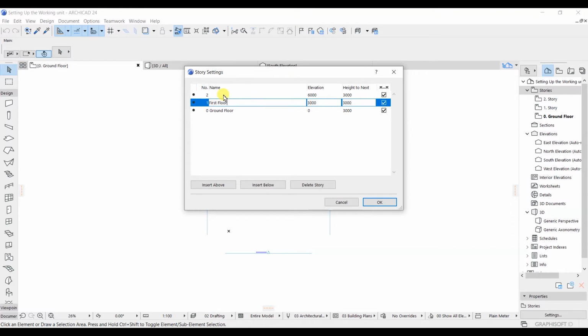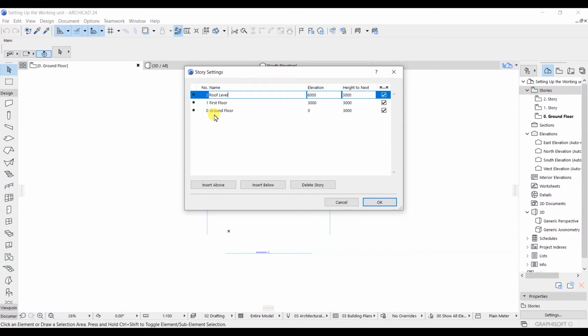After that we are going to name this one: you simply need to go above one and left click here. Obviously this is 0 floor, this is first floor, and I'm going to name this one as roof level.